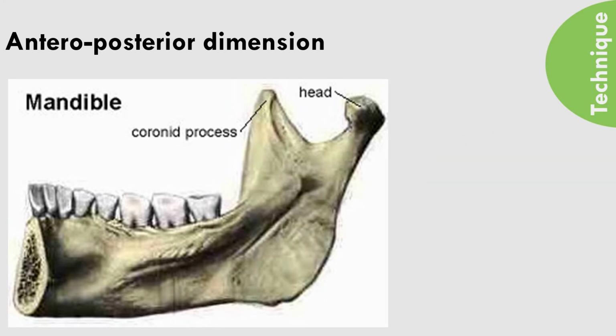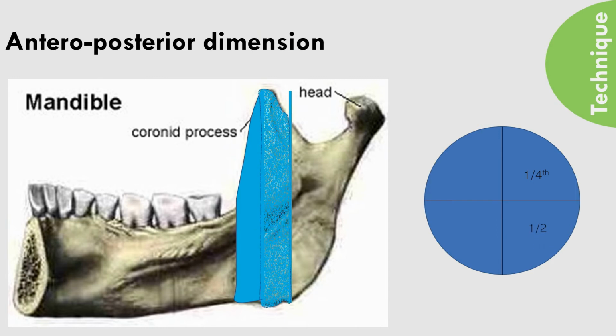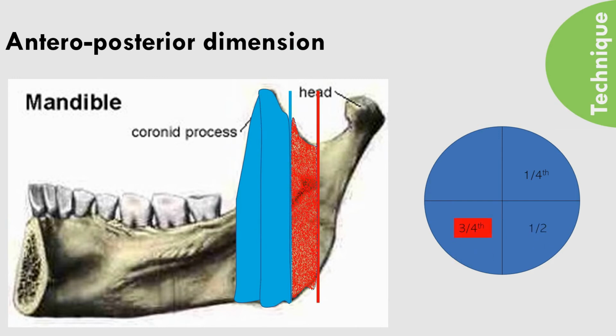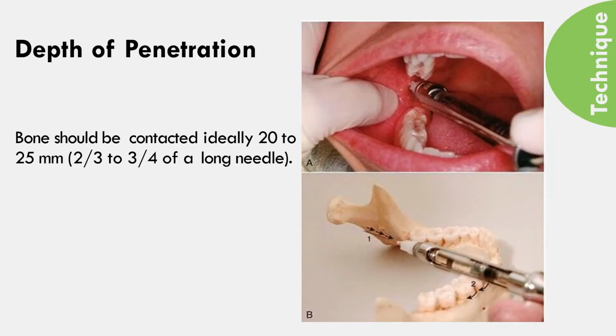Now, again I will mark these imaginary lines in a block and we can compare them over the sectors of the circle. First is 1/4, then the half, then 3/4 of the ramus, and the full. The red marking here denotes the target area where the needle should be reached. So, if we mark another imaginary line when drawn occlusally, the meeting point of these two lines demarcates the location of mandibular foramen. The last parameter is depth of penetration.